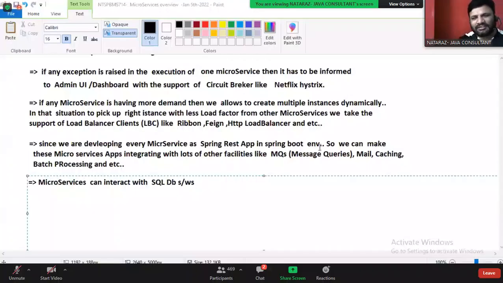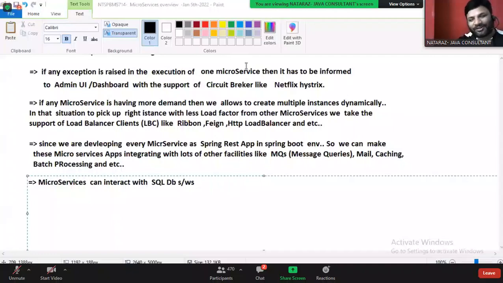Listen, whatever things you have seen in the diagram, 90% you will be developing only. The DevOps team does deployment, Jenkins, Docker, Kubernetes. But development-wise, the utilization of these tools is ours only. All the tools in the diagram are developer tools.